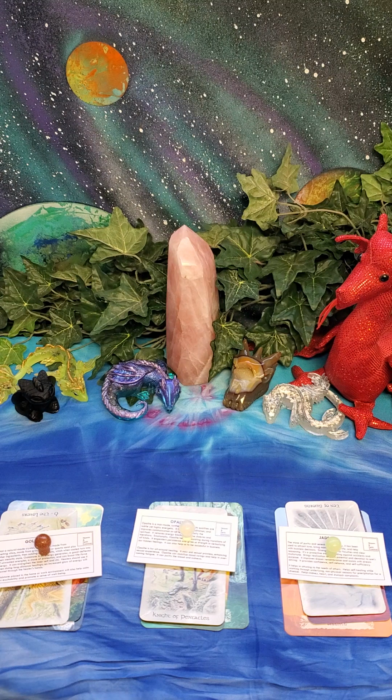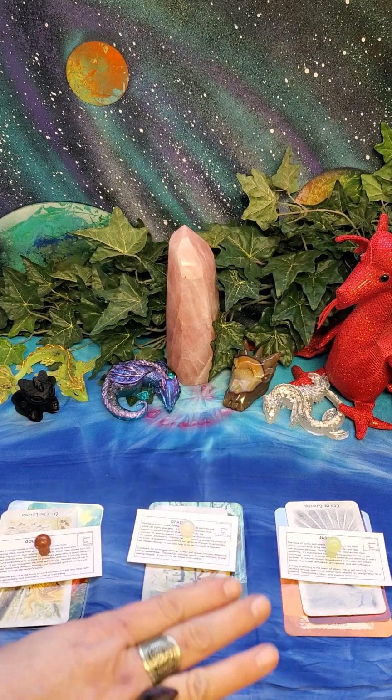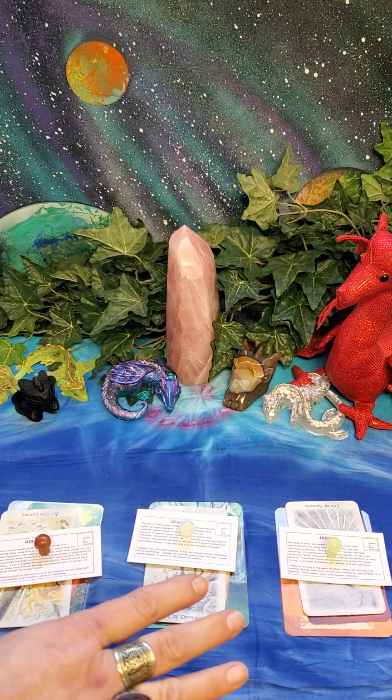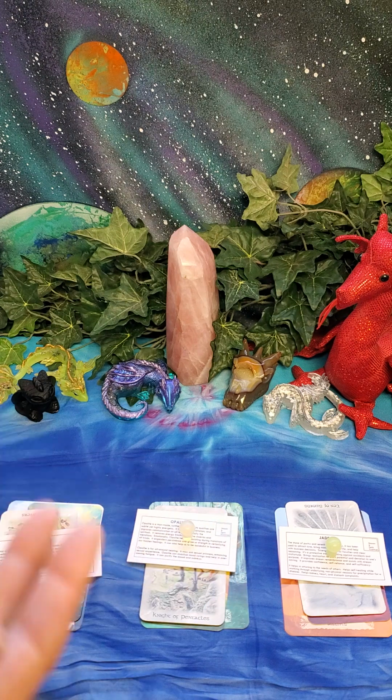But you'll be very happy to know that things taste better, colors are brighter, it's easier to breathe, it's easier to sleep. It's, you know, things are easier when you can find that still point, when you let go of all that other stuff. Let it go and get to that reversed 10 of swords, okay? Bring in the light, or I should say bring out the light from your heart